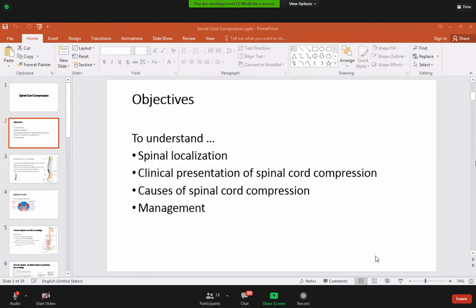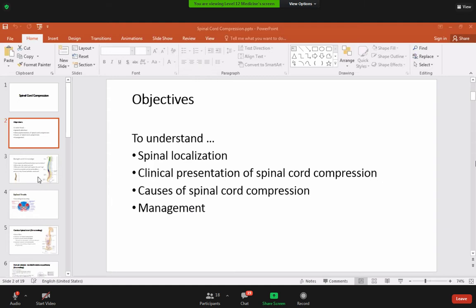So you can see the screen now. We will discuss spinal cord compression here. The rest of the spinal problems you can discuss in orthopedics, so we are skipping it here. The objectives that we'll discuss are spinal localization, clinical presentation, the causes and management of these compression syndromes